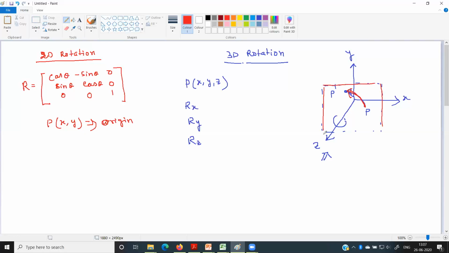So you can observe that here we are performing the rotation along z axis, the rotation is performed on the xy plane. So this plane is xy plane. Fine. So that means only the x and y coordinate will change. Now let us see how we can compute that rotation matrix.